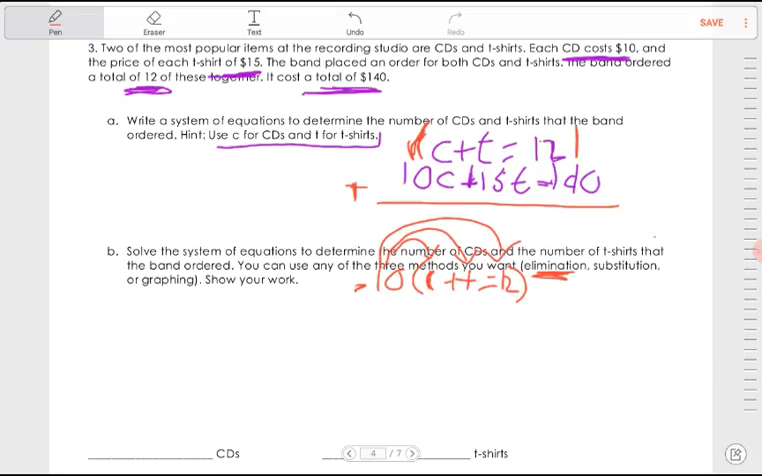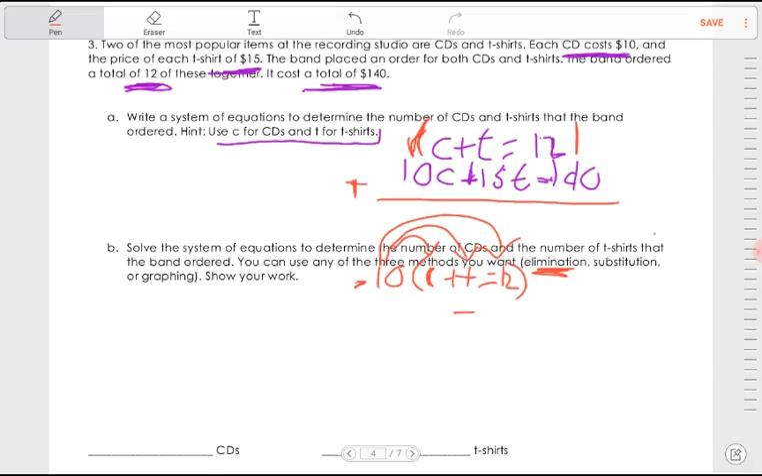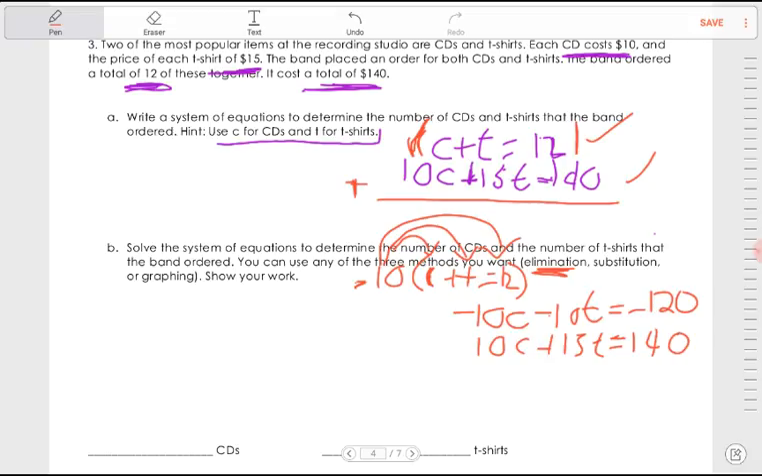And let's write this here. So negative 10 C. Okay. Now our second thing is negative 10 times T. So that's negative 10T. And our third thing is negative 10 times 12. That's going to be negative 120. Alright, that's this. The second one I can just bring right down. So that's 10C plus 15T equals 140. Now we can add them up